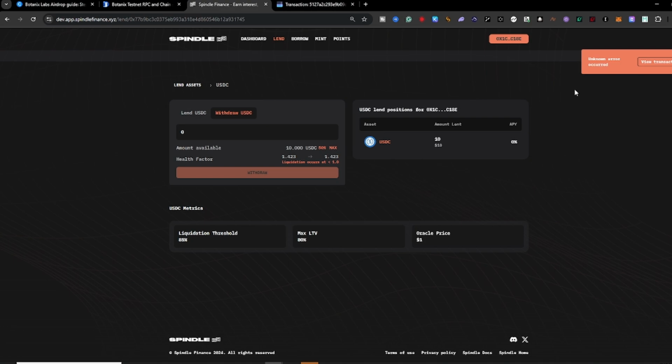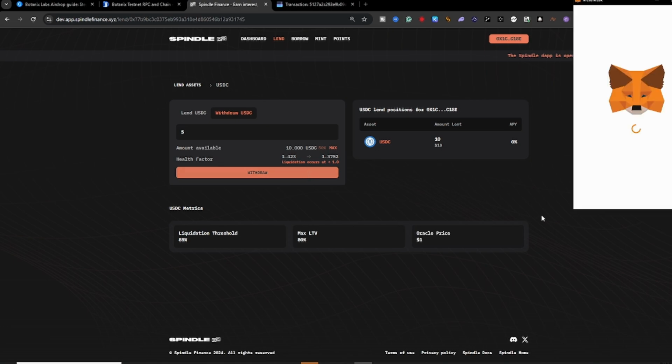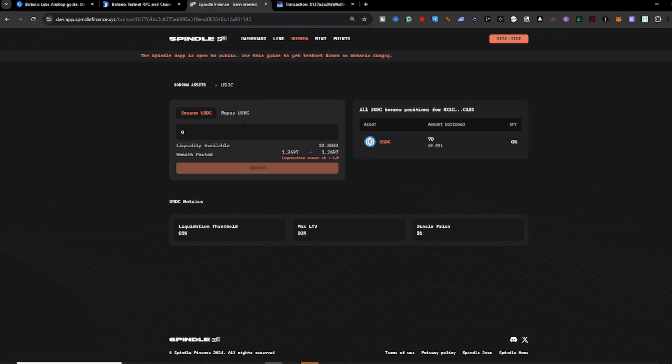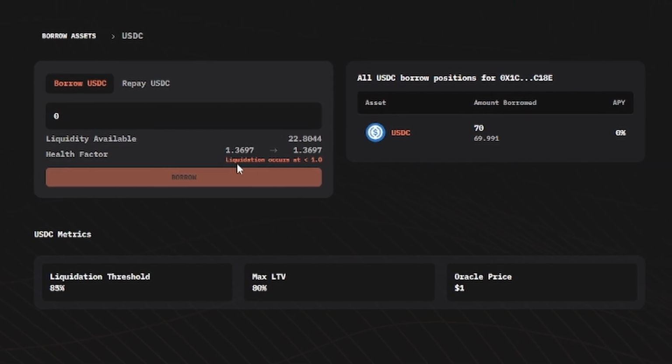So sometimes it will show an unknown error occurred. So just try it and try until it shows successful. So in this tab, this website allows you to borrow USDC. Just take note that if your health factor goes down to 1.0 or less than that, your USDC will be liquidated.